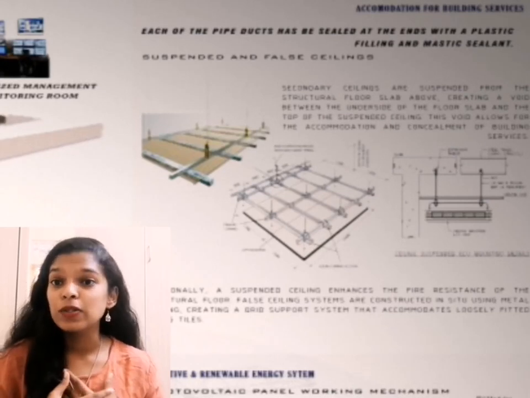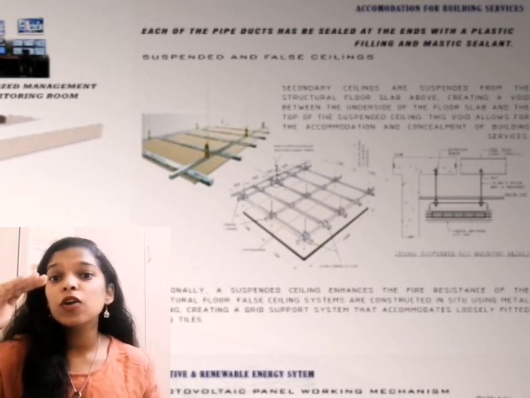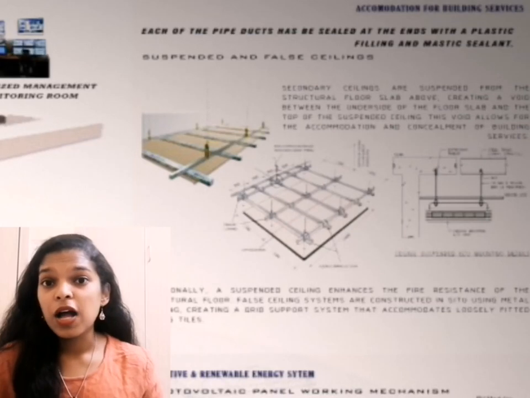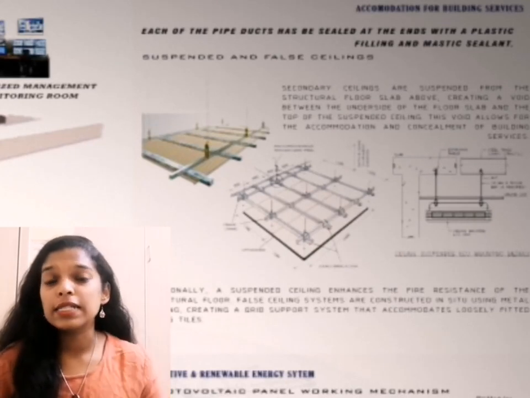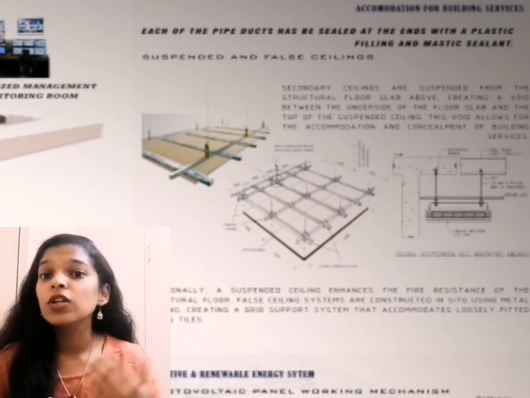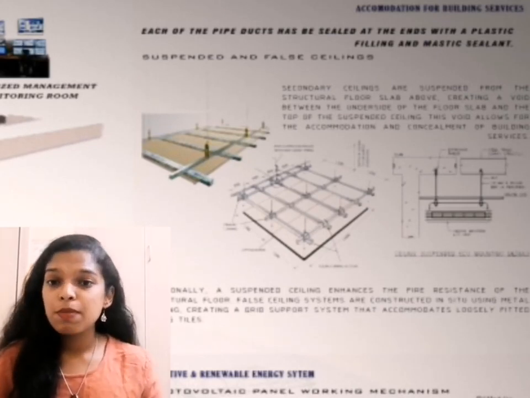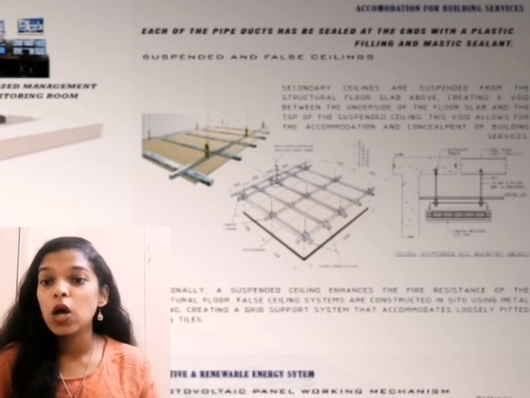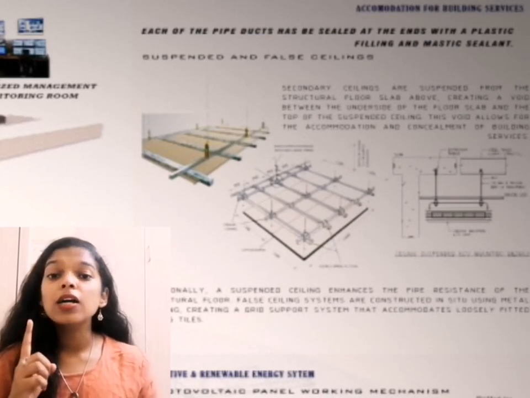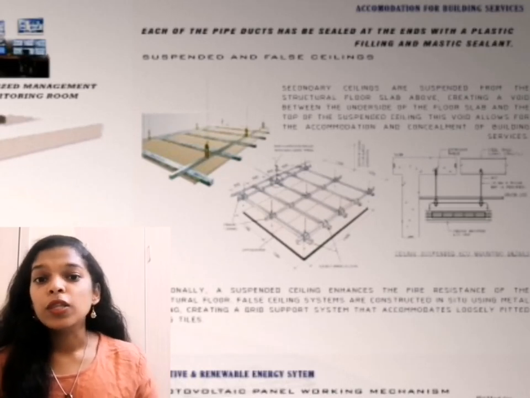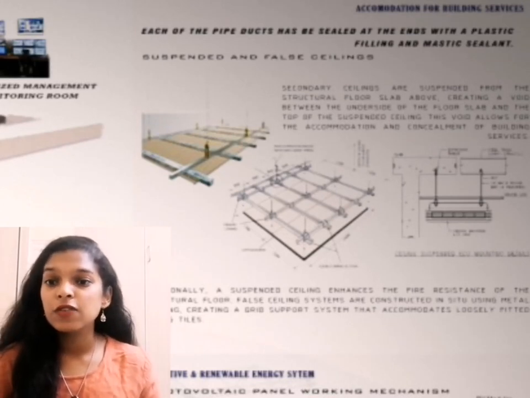system that we have used is the suspended and false ceiling. For example, secondary ceilings are suspended from the structural floor slab above, creating a void between the underside of the floor slab and the top of the suspended ceiling. This void allows for the accommodation and concealment of building services. Additionally, a suspended ceiling enhances the fire resistance of the structural floor. False ceiling systems are constructed in situ using metal framing, creating a great support system that accommodates loosely fitting ceiling